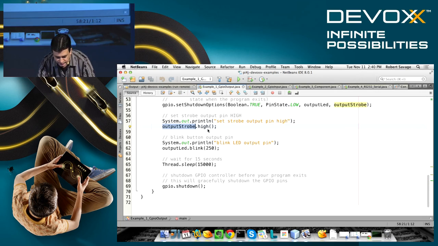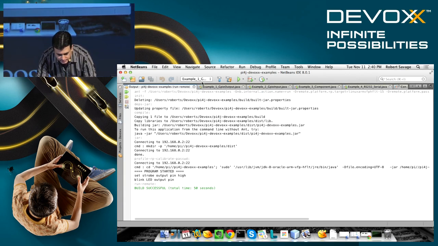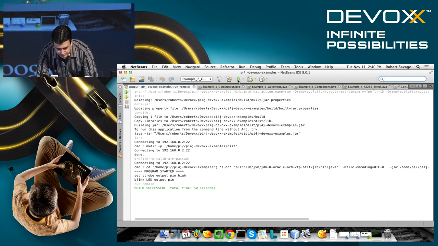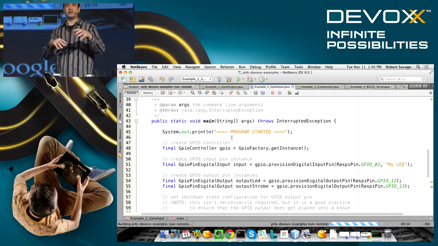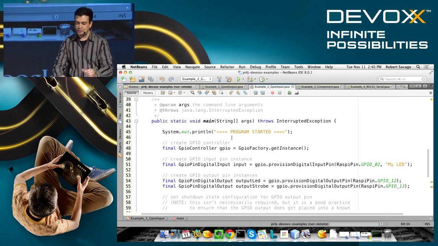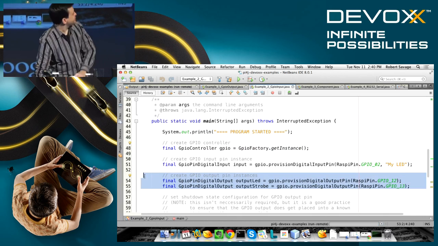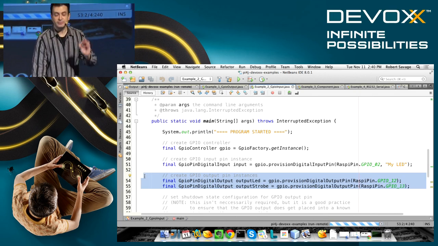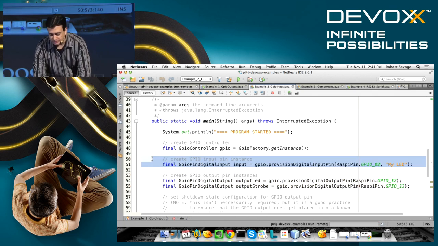So what that's going to look like is, let's go ahead and fire up demo 2. And we'll take a look at the code real quick. We're going to build on the existing examples we've already started from. So what you see here is we already have our controller and we have our... can you guys see the code okay? Everybody okay? Okay, so we're going to add ourselves a GPIO input pin, and we provision that pin,